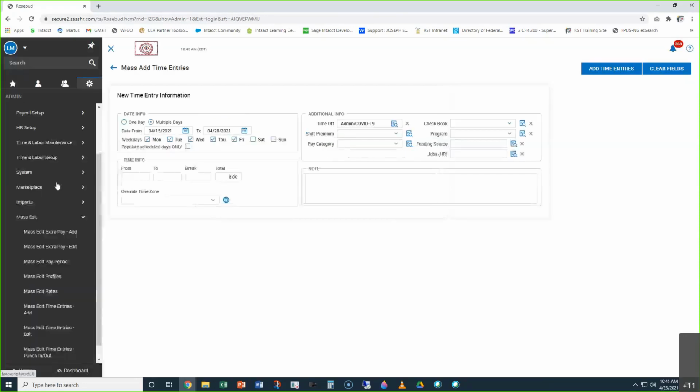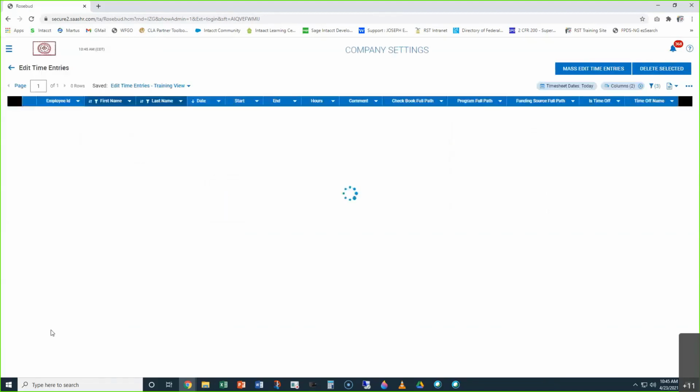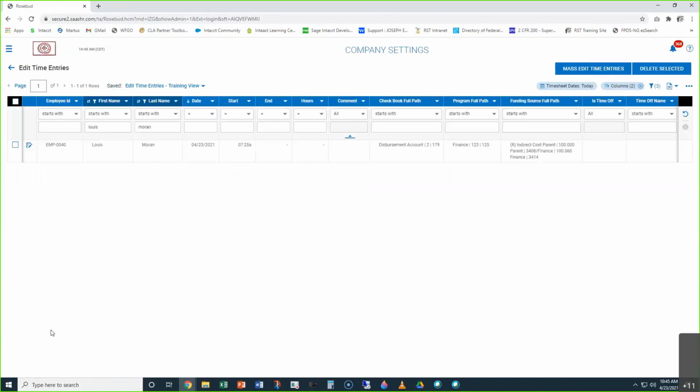One of the other options we have is editing current time entries. So when we come here, we get a list of the employees we have access to. And this one's a little bit different, of course, than just straight up adding a block of time like you could for admin leave. This would be editing what a timesheet says. This entry defaults to today. So if we were looking for a day other than today that we needed to mass edit time,